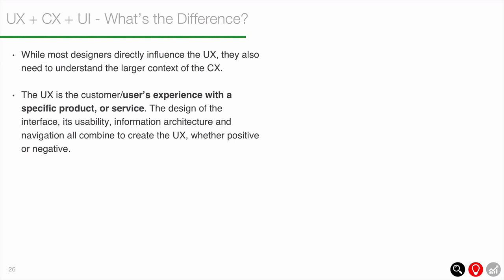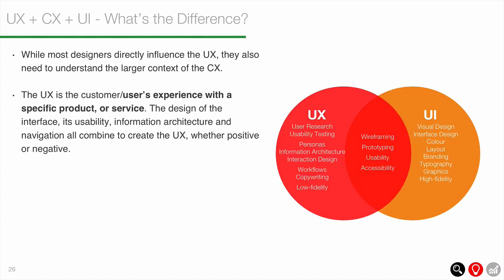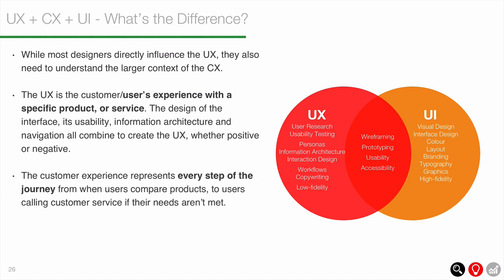The design of the interface, its usability, information architecture, right through to things like navigation, that could be a positive or negative experience. And there's just a nice little graphic here which shows you the difference between UX and UI. There's a big crossover in the Venn diagram here. And that crossover is really all about things like wireframing, prototyping, usability, accessibility, and they all impact the user interface